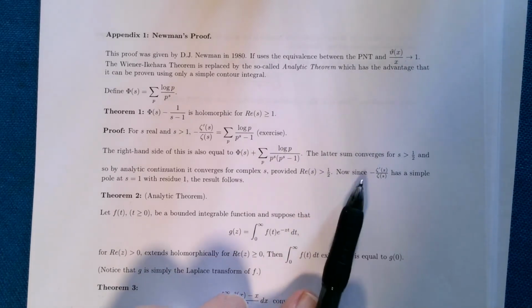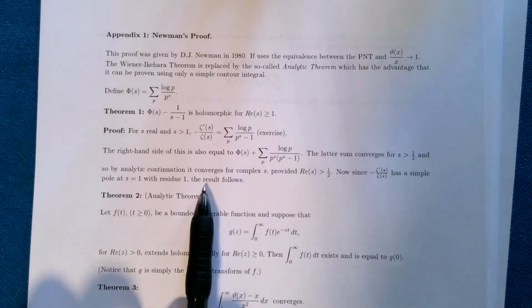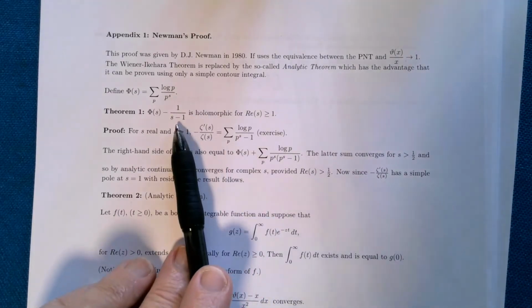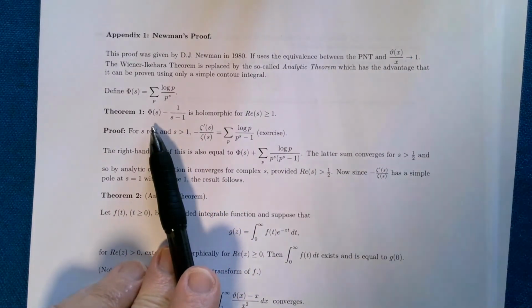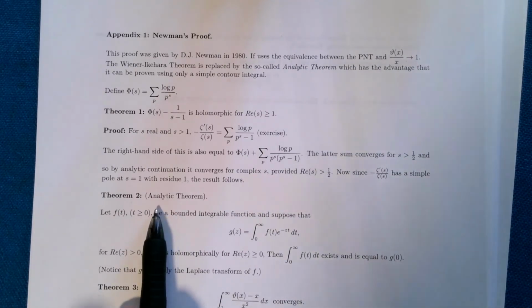Since this has a simple pole at s equals 1 with residue 1, the result follows, because I can just subtract off the principal part of that function and I'll have an analytic function. So it's holomorphic for the real part of s bigger than 1. Now the so-called analytic theorem, which Newman developed,